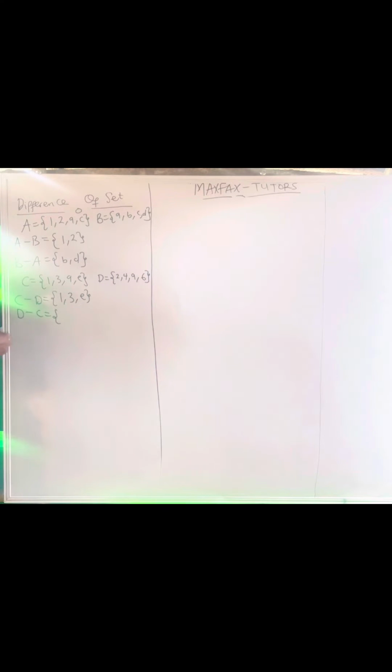They can also ask you to look for D difference C. So if they ask you to look for D difference C or D minus C, this simply means all the elements that belong to only D but are not found in